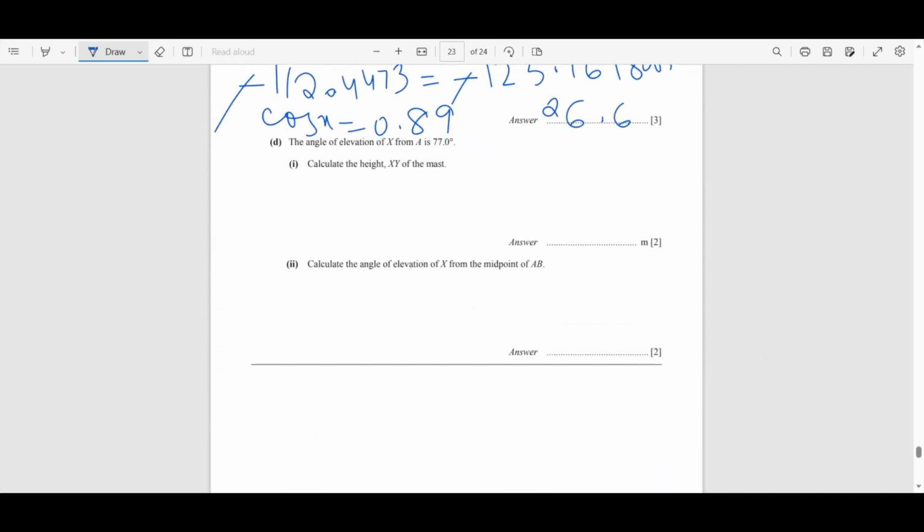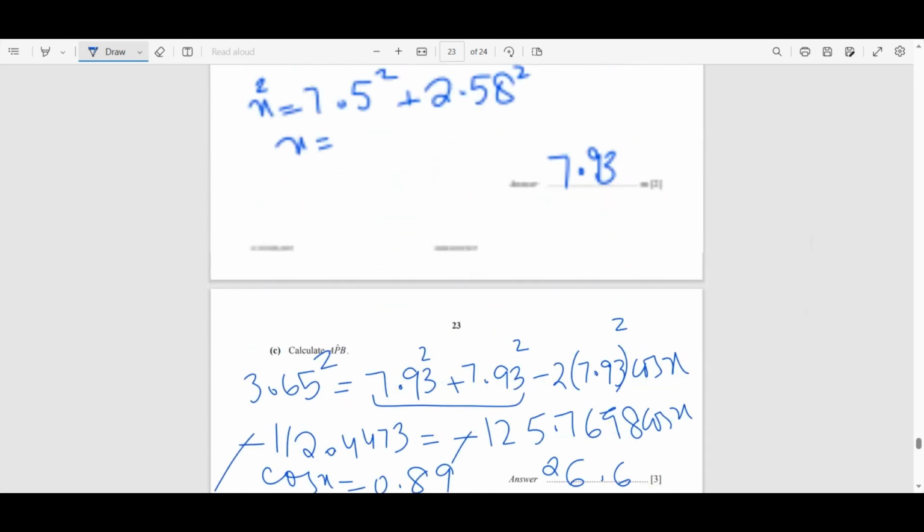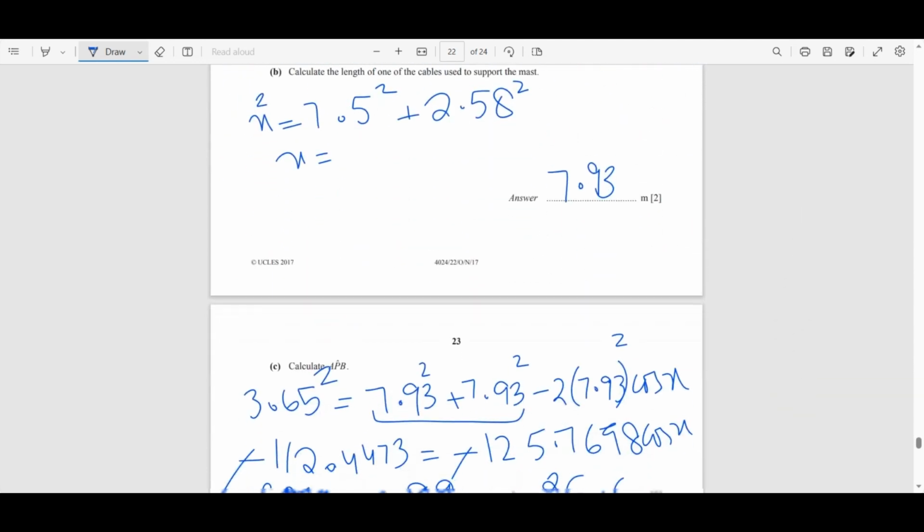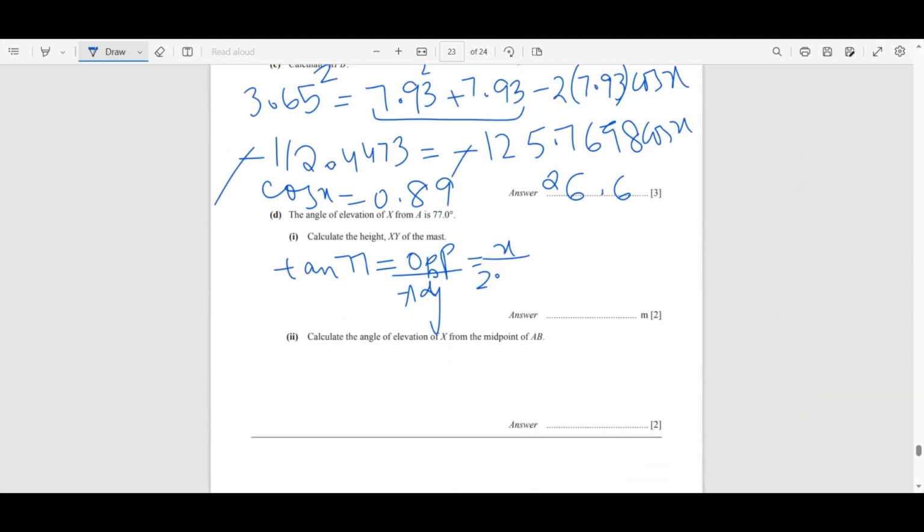So tan of 77 is opposite over adjacent, and the opposite was x, the adjacent was 2.58. So this 2.58 goes there to multiply with tan 77, gives me the value of x. So 2.58 multiplied by tan 77 gives me